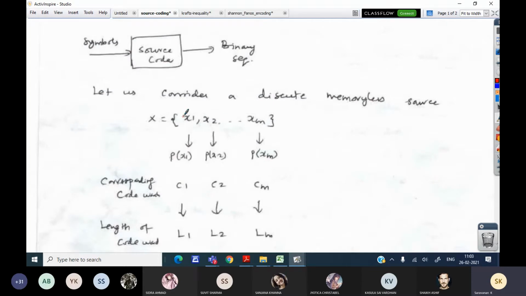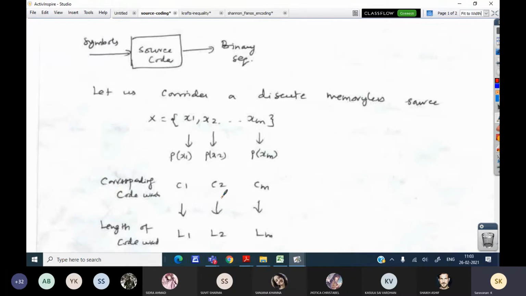Whenever I want to send x1, I use a code. There is a one-to-one mapping. When I want to send x1, maybe I can send 0. For x2, I can send 10. For xm, maybe 111.